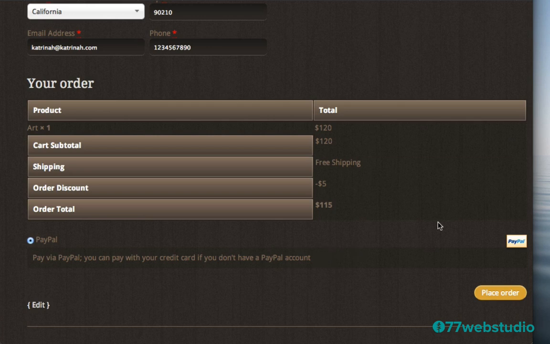So anyone who is coming to the site and wants to pay, they can either pay with their PayPal account, or if they don't have a PayPal account or do not want to pay with a PayPal account, they can simply pay with their credit card or their debit card by signing up as a guest of PayPal. They do not have to have a PayPal account to pay for their items using this PayPal option. So they can log in as a guest and pay as a guest with their credit card. So that is how they would pay for their order. When they click on place order, they'd be sent to PayPal, where once again they can log into PayPal and pay via PayPal, or log in as a guest and pay simply with their credit card or debit card.